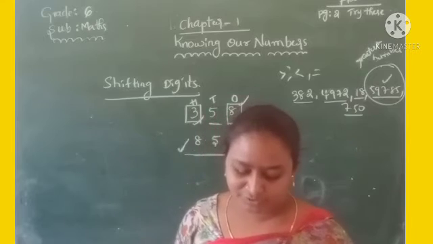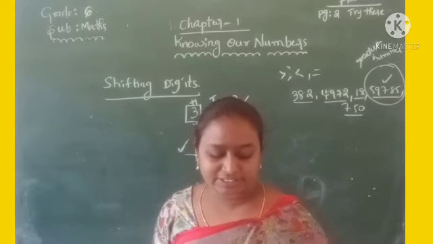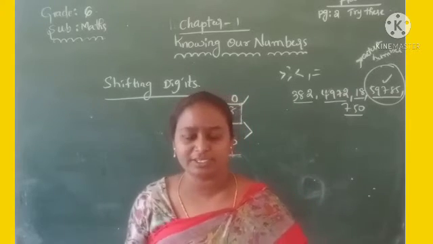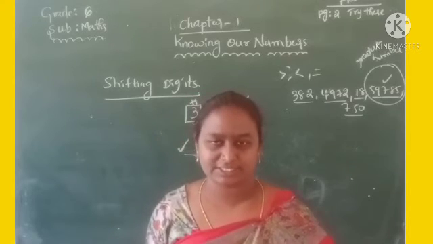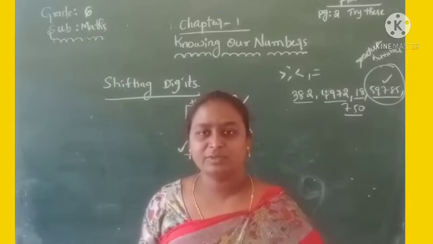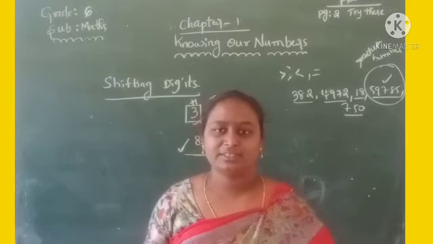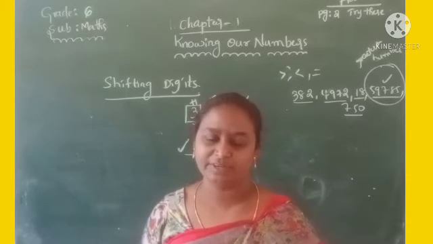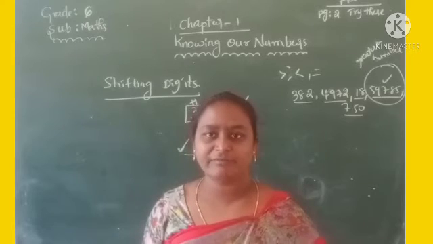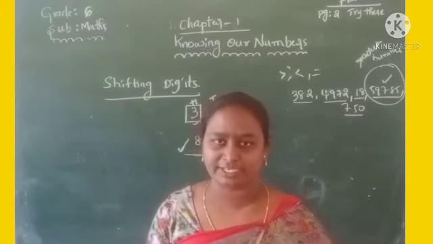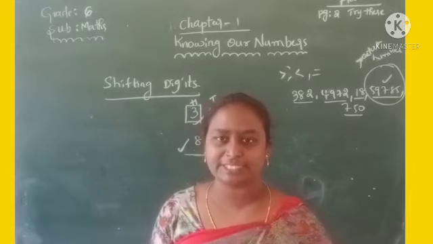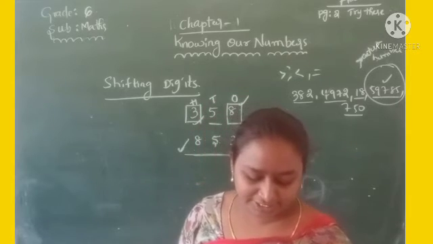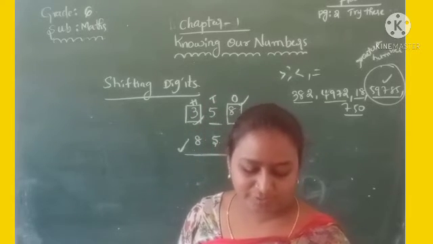And next come to page number 3. That means how many numbers can we make? Already I explained to you. If 4 digits are there, using 4 digits we can form the one greatest number and the smallest number without repeating. Okay, one digit you use only one time. Don't use 2 times, 3 times. So there some try these problems are there.